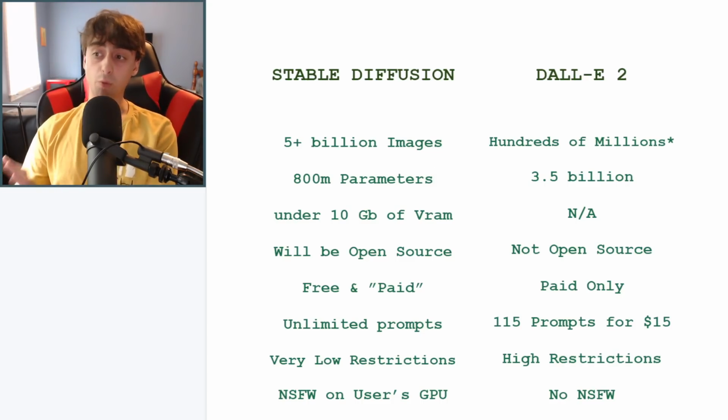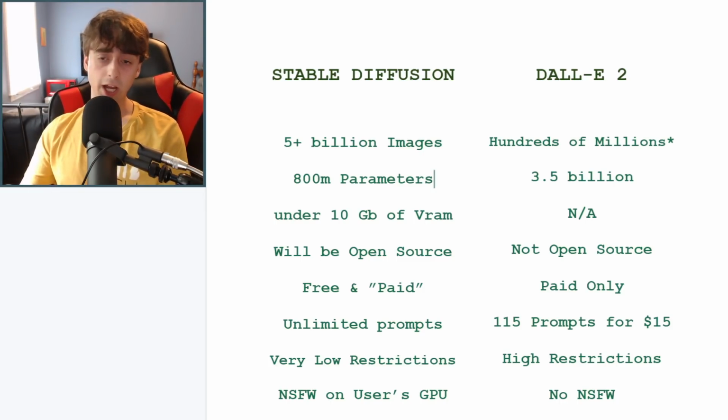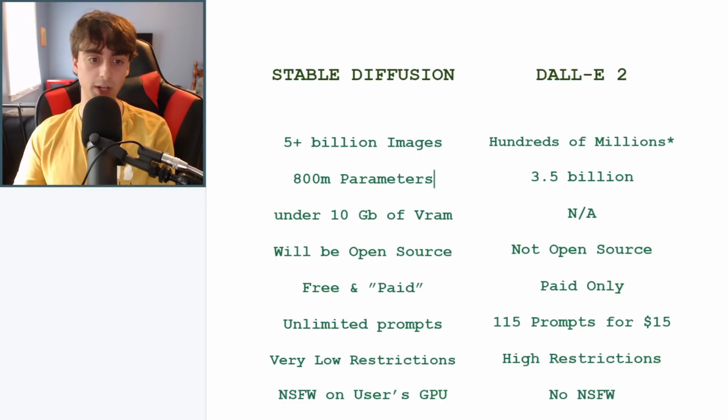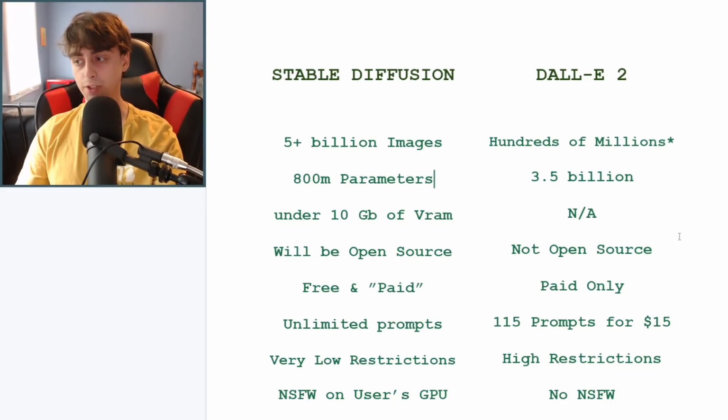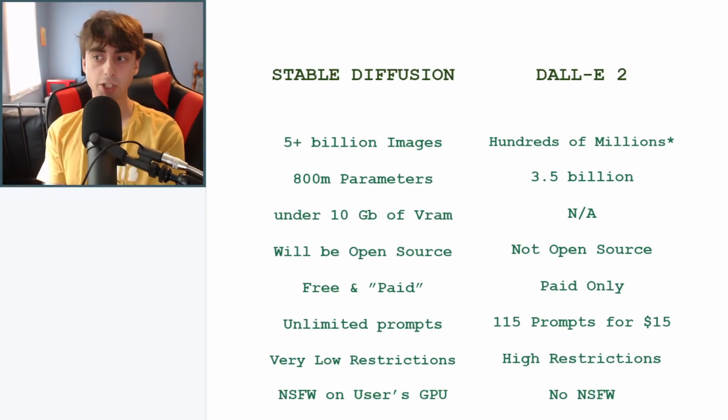So in terms of parameters per model, Stable Diffusion is looking a little bit over 800 million parameters. This number could change though, as Stable Diffusion is still in development. So I want to make that very clear in this video. All of this stuff could change in the future, right? Because both of these are definitely still in development. Things can change, but this is the information that we have at this moment in time.